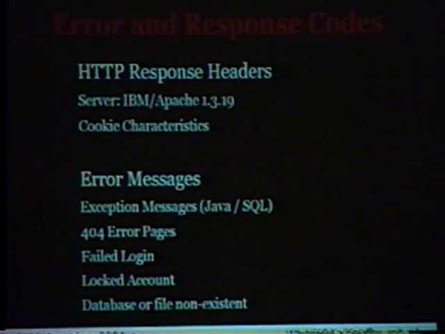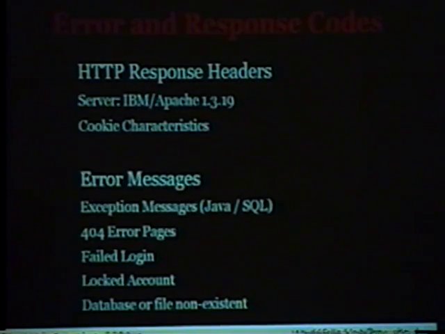Error messages, a lot of times you can force the web application to error by putting in a whole lot of values. If it's asking for a number, put in a negative number that's really extremely huge and get it to fault. A lot of Java and SQL are notorious for spewing exploit or exception code to you once you put in something that it can't understand. 404 error pages also give a lot of information about what's there and what's not there.